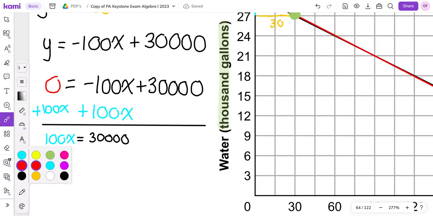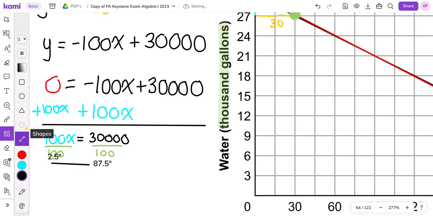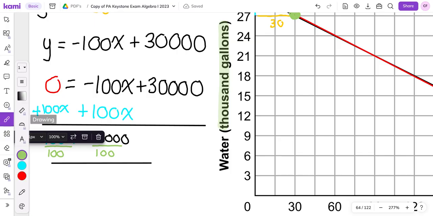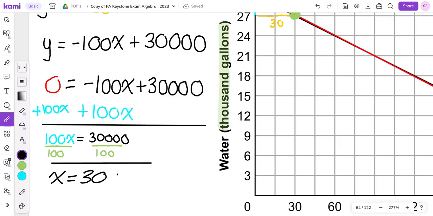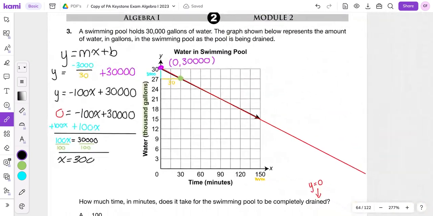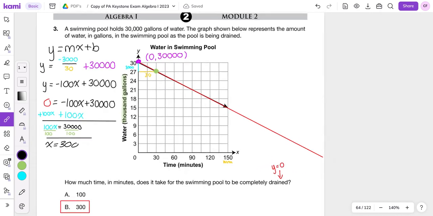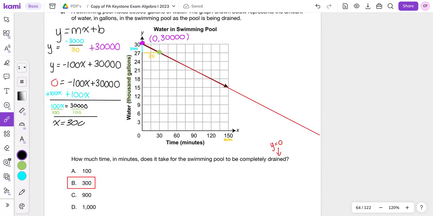And then to solve for x here, what we might want to do is to move that 100x, just the 100 away from that x. The x isn't coming with, so we got to separate it and divide it by 100 to both sides of the equation. And then we get that when the pool is drained, my x value is going to be 300. So again, we can mathematically solve it, or using a test-taking strategy, we could have extended the line, figuring